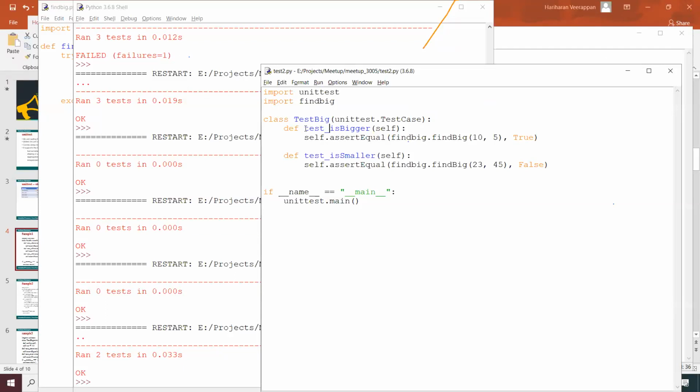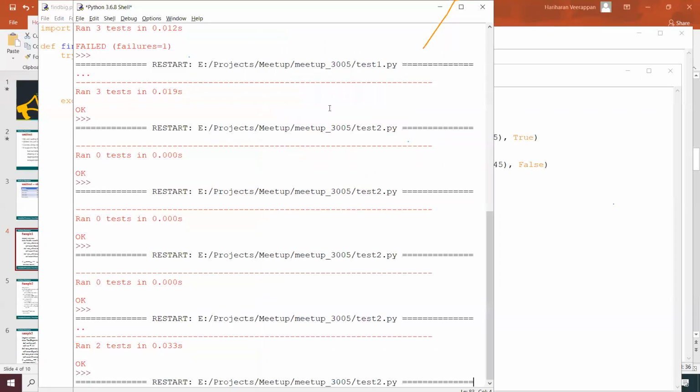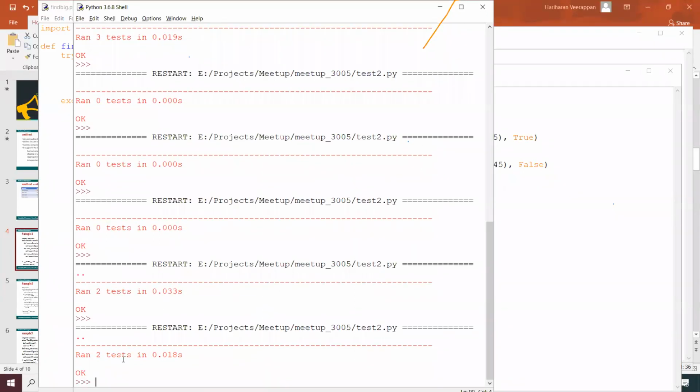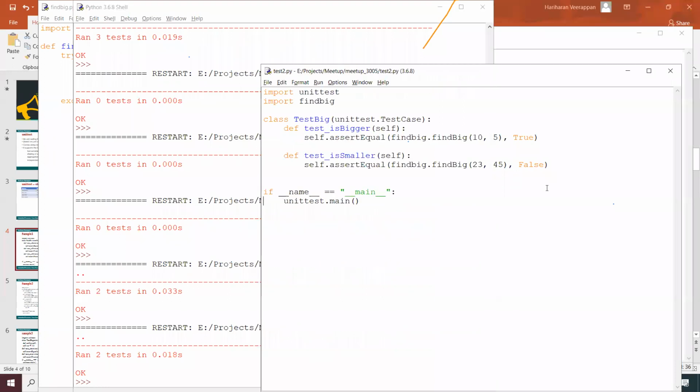The function should start with a small test underscore for the test cases that we just created. Now it runs, and we run two test cases, both are fine, and we got the output over here.